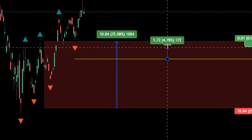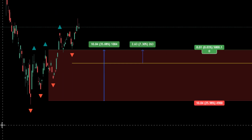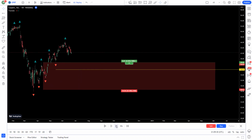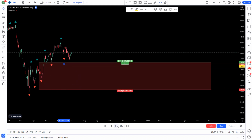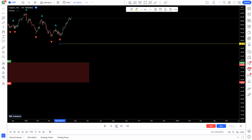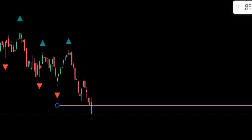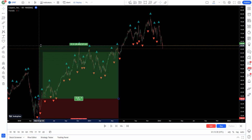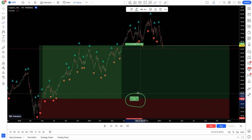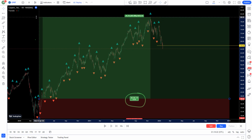Here you can see the original risk was $10, and we've already moved the stop 75% of the way to break even. We keep moving our stop as the trade moves. Eventually we got stopped out here for what turned out to be a 2.7 to 1 reward. One thing to keep in mind, we booked 2.7 to 1, but this trade actually went for a maximum of